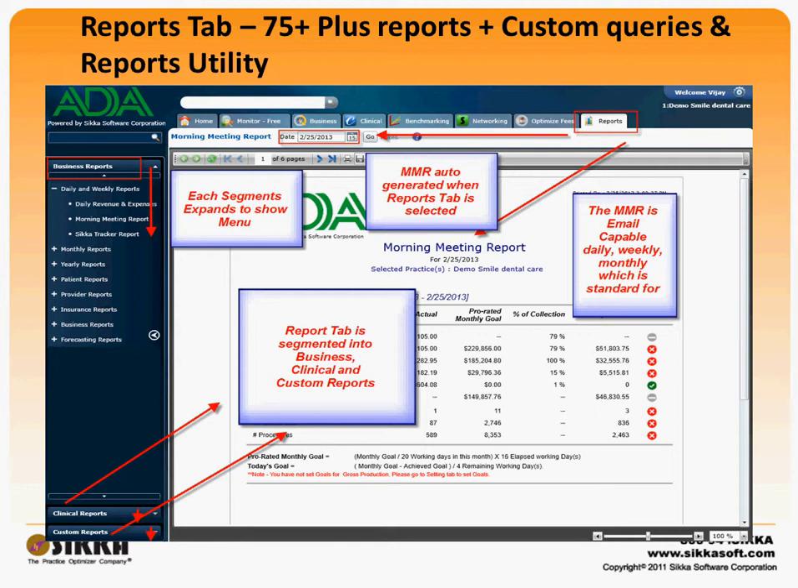All reports are email capable, at daily, weekly, or monthly frequencies. And both the morning meeting report and hygiene morning meeting report are customizable, which means that each is composed of modules that can be included or excluded within the report. Each report can be generated for a date range, and the date range can be changed and regenerated by clicking on Go. There are over 100 reports, and custom reports